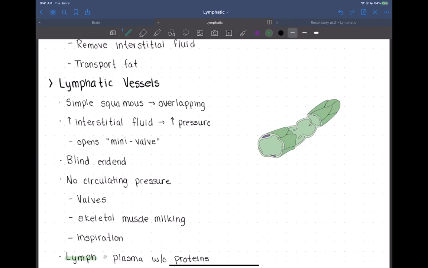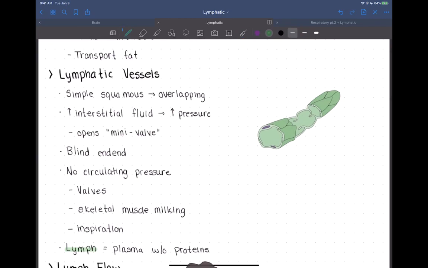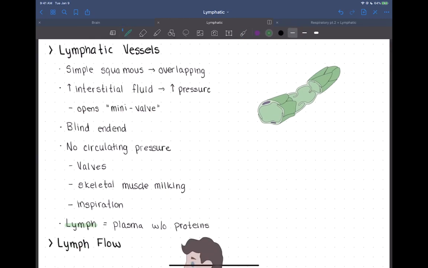Okay, so let's talk about lymphatic vessels now. All right, so over here to the right, we have our typical picture of a lymphatic vessel, and they're made up of simple squamous epithelium. And what you can see with this picture is that those squamous epithelial cells overlap each other, okay? And that's very important to the function of these lymphatic vessels, that we have these overlapping areas,